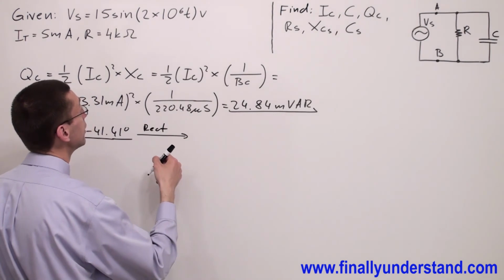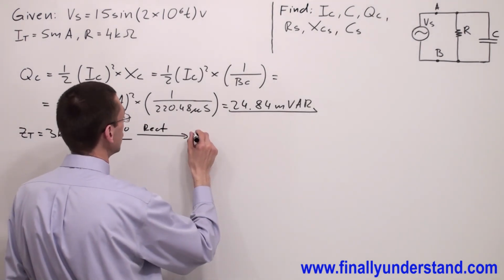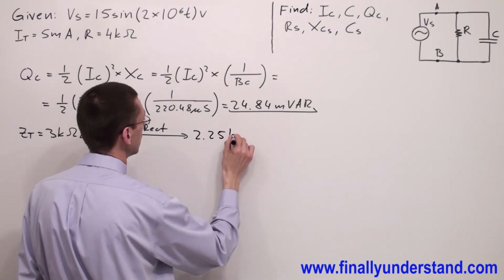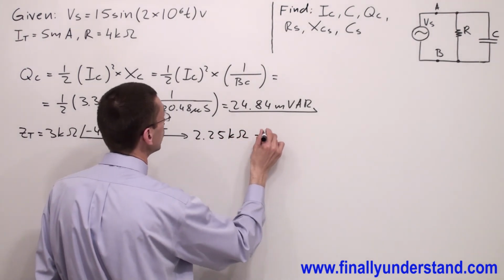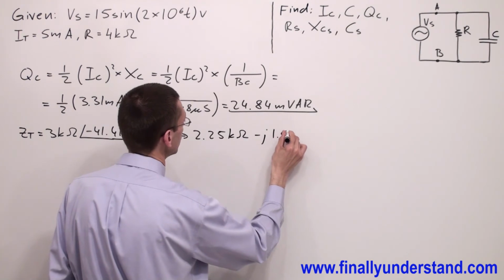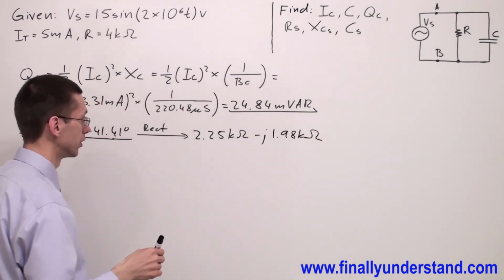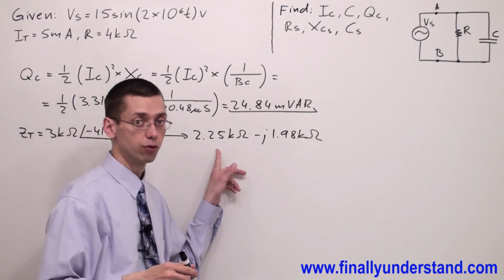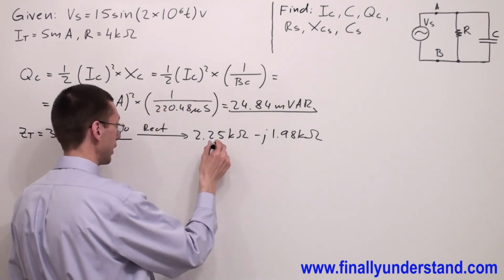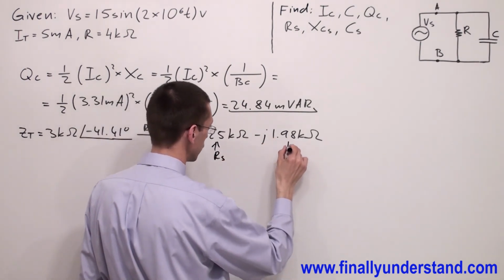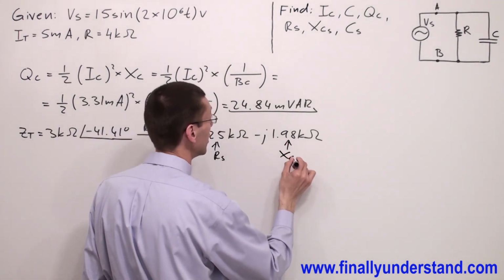And you will obtain 2.25 kiloohms minus J 1.98 kiloohms, where the real part represents my resistance, RS, and the imaginary part represents the X of CS,